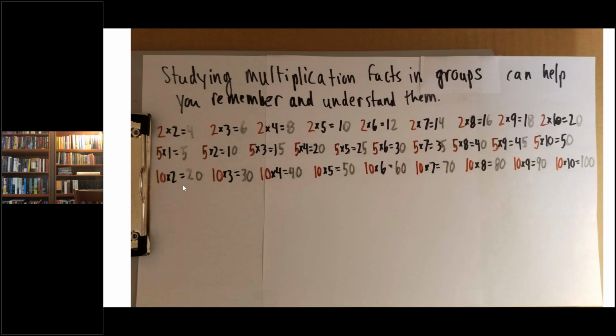because when you multiply by 10, 10 times 2, you take that 2, you put a 0 on the end. 10 times 3, you take that 3 and you put a 0 on the end. And that pattern, as you can see, it holds through the rest of these numbers. And it's also a pattern that can be adaptable to larger numbers when you get to learning those. It's something that can help you with the multiplication table, and it's something that can help you with bigger multi-digit